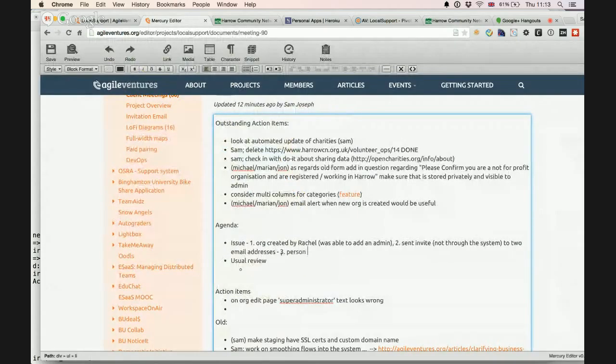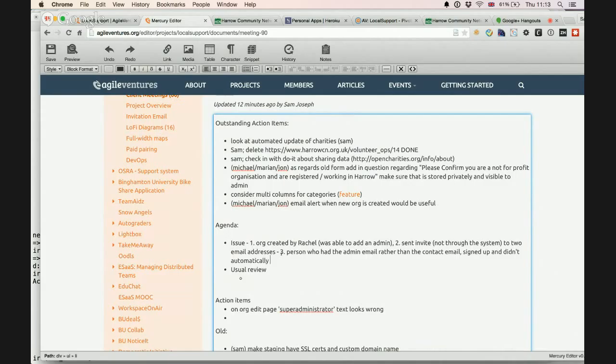The person who had the admin email rather than the contact email signed up and didn't automatically have access to the organization, which is obviously what we would like them to have.